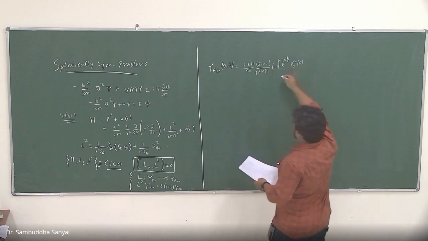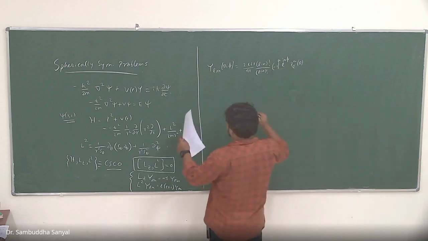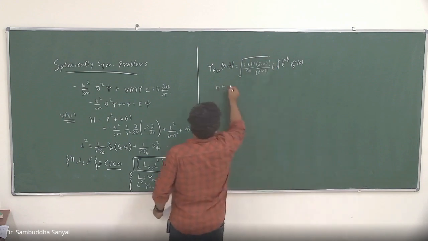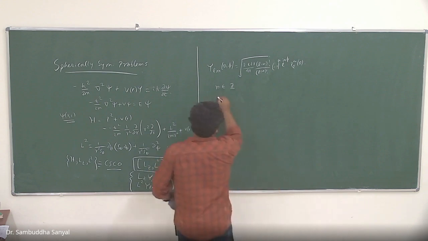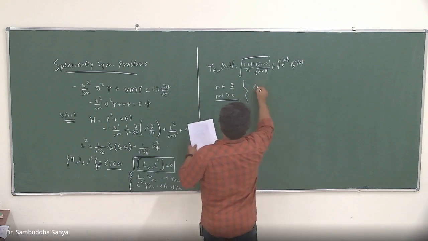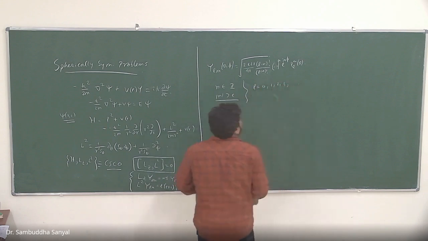So the theta and phi can be separated because it's a separation of variables form. Oh, I missed a square root. This was the form. M must be an integer, and we found that the modulus of M must be less than or equal to L. So that means L is 0, 1, 2, 3; these are the allowed values of L.